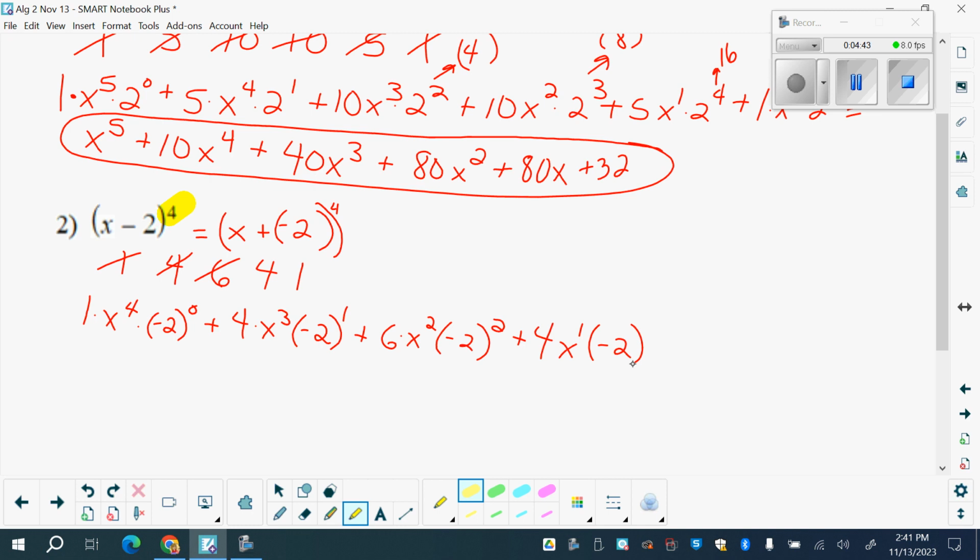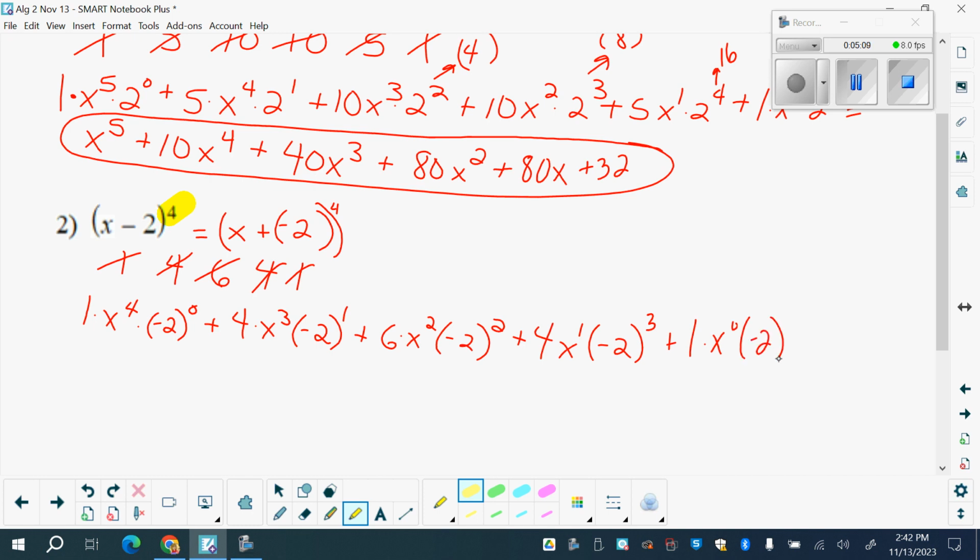So the exponents on the x's go down. 4, 3, 2, 1. So these exponents go up. 0, 1, 2, 3. So then my last term is going to be 1 times x to the 0,